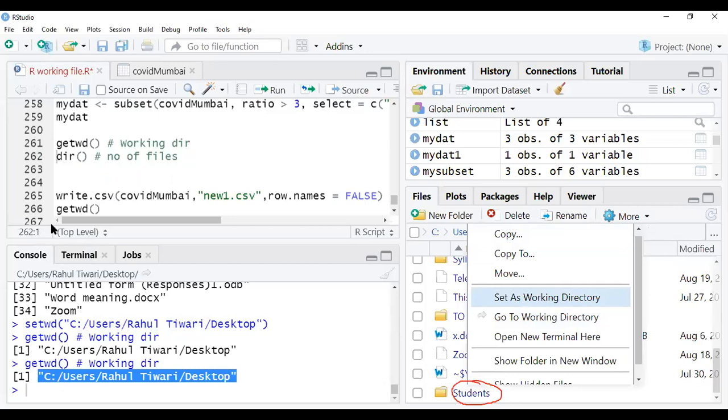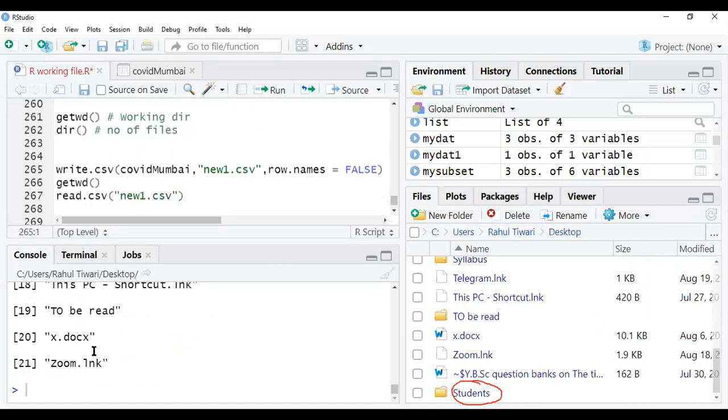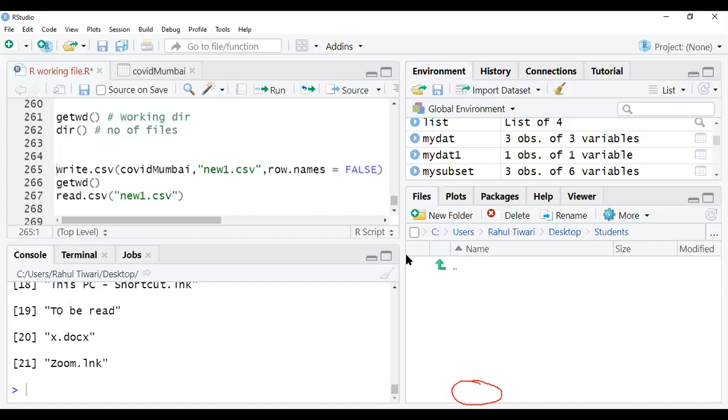Even now, suppose I enter dir and I want to see how many files are there. Can you see 21 files are here? But suppose now I'm in a folder, the students folder on my desktop.